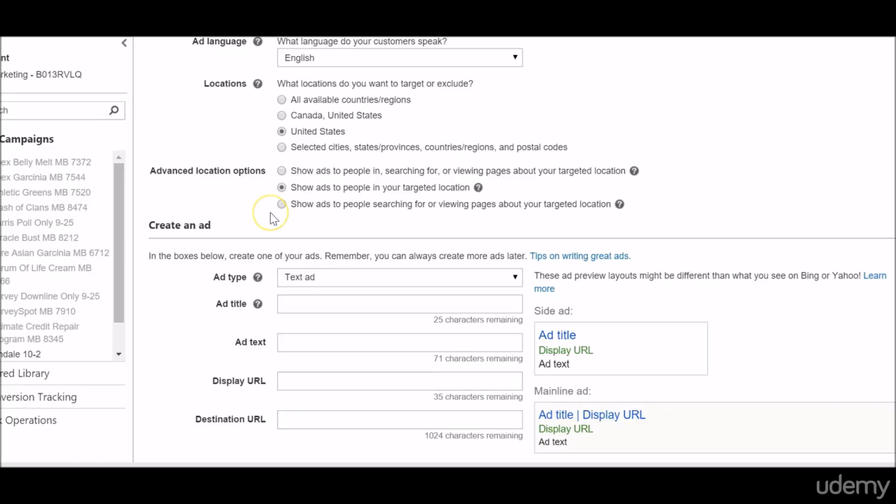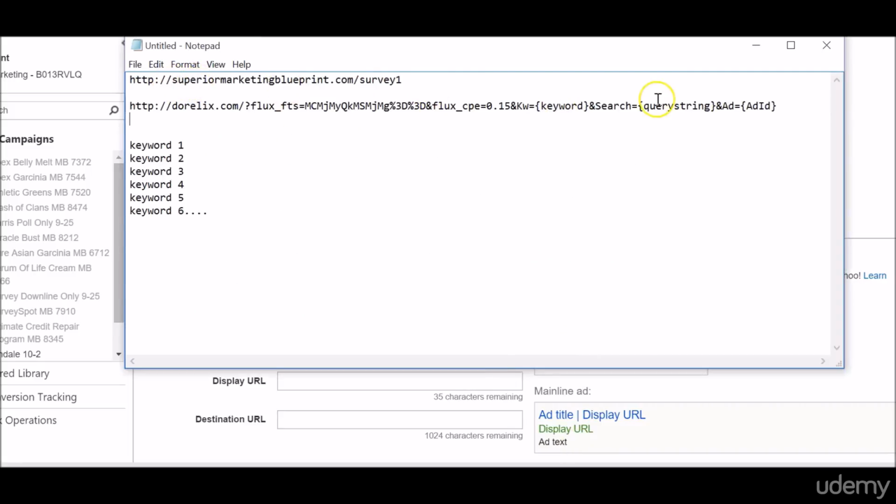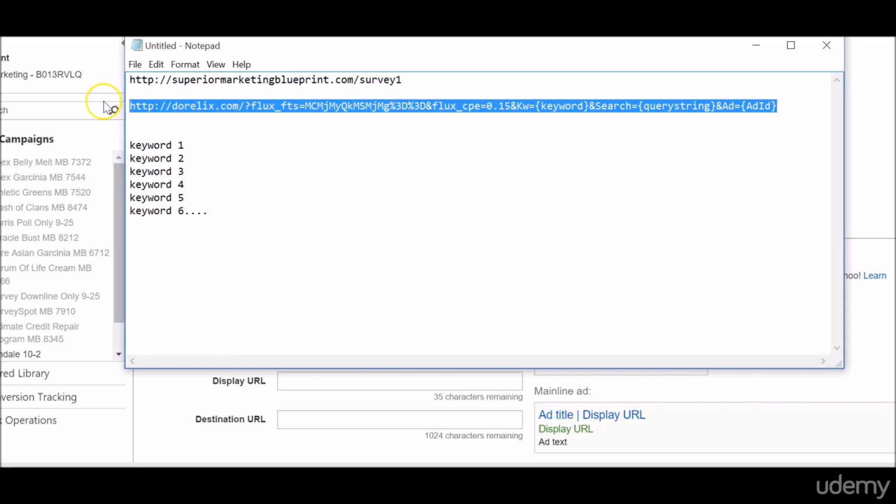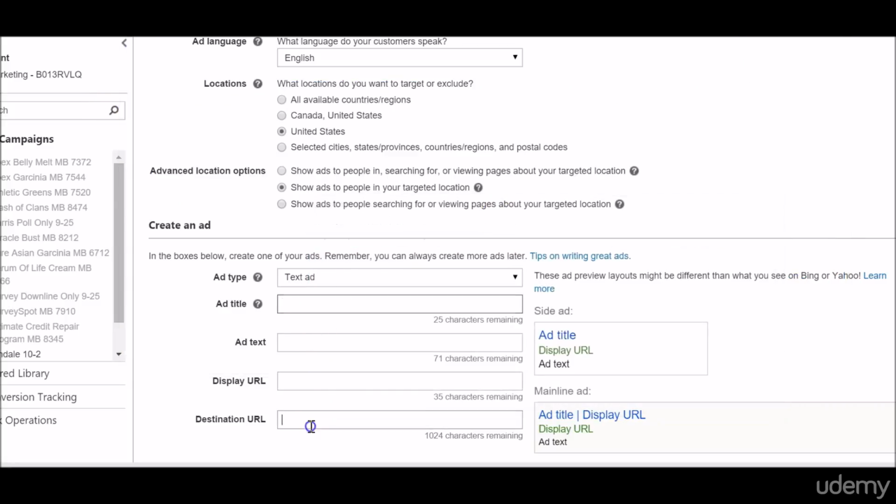This is the research that we found in an earlier video, where we found what we were going to put. And what we're going to do is take our tracking link. If this is your tracking link, you're going to put it here. Now, one thing to note about the display and destination URL for Bing: they need to be the same. So what that means is, for example, let's say I'm using